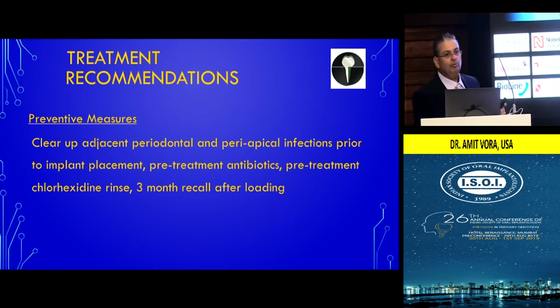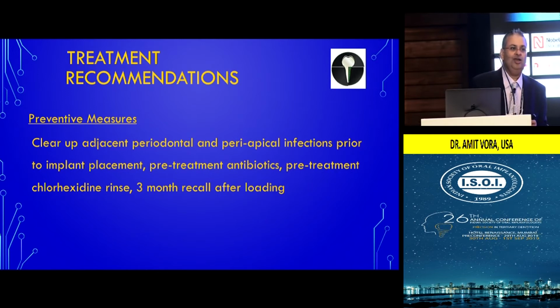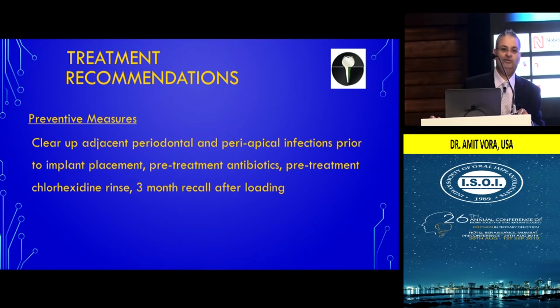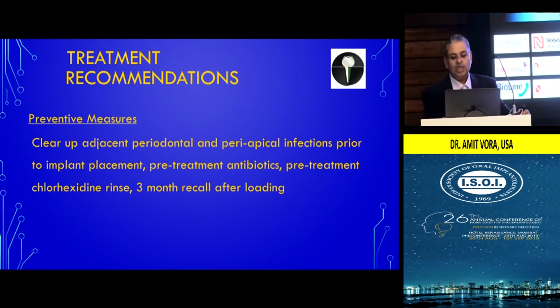We're seeing a lot more peri-implantitis in patients who have untreated periodontal disease in the same mouth where they're having implants placed. If they are fully edentulous because of a history of periodontal disease, we don't necessarily see more peri-implantitis. But if they have teeth and those teeth are not treated for periodontal disease, there is a higher risk of getting these complications. So it's important to treat the mouth and make sure that there is no existing disease around them. Also, pre-treatment antibiotics have been suggested, a pre-treatment rinse of chlorhexidine, and ideally recall every 3 months after you